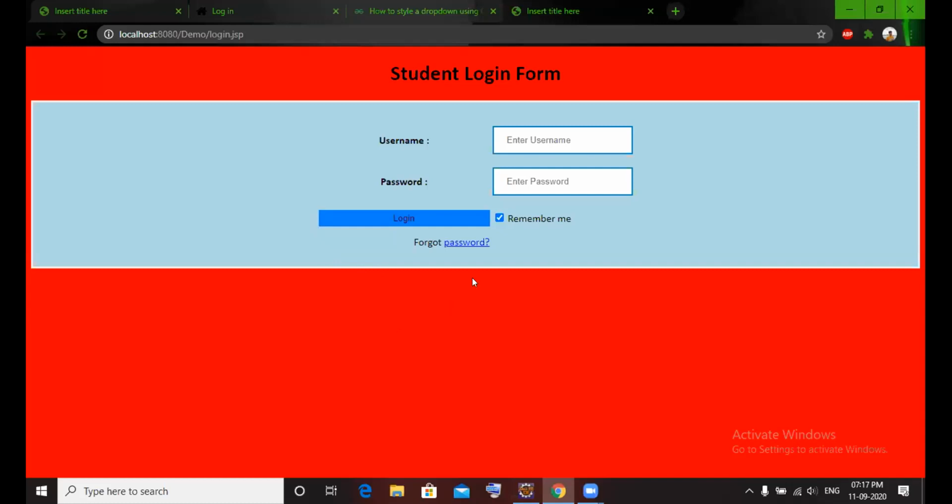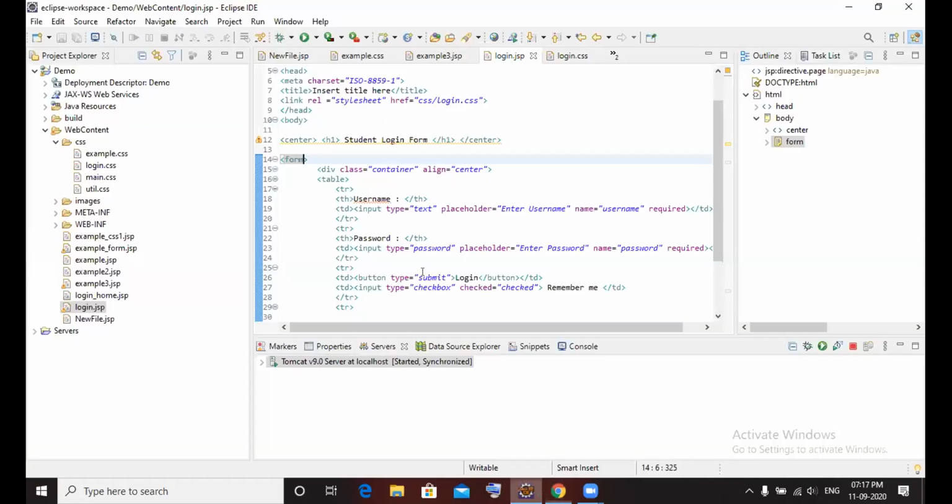Okay, do one thing. Keep the login button in the middle, that looks better. Ma'am, I tried it, but I did not get the login button to the center of this portion. I tried many times.